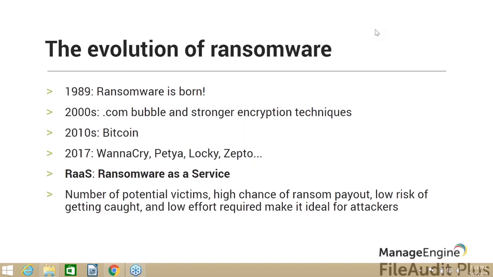So there's a high chance that people will pay the ransom, making it all the more attractive and lucrative for attackers. There's of course a low risk of getting caught, which we keep coming back to because of Bitcoin, and there isn't much effort required for the attackers because you have ransomware as a service. Can you believe this? You actually have ransomware starter kits of sorts, where cyber criminals can purchase these in order